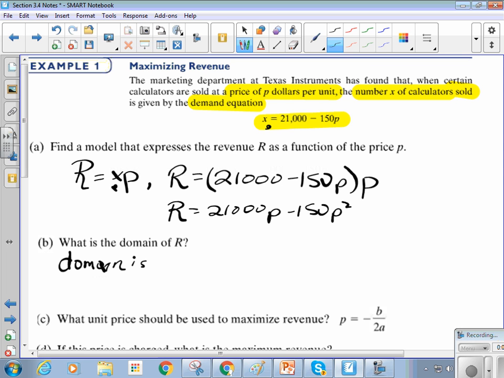So we can look at what minimum value can I input for the price. What's the smallest price I can possibly input into this function? Smallest price. Very small, yes. 0. Can I make it any less than free? No. So we want to go from 0